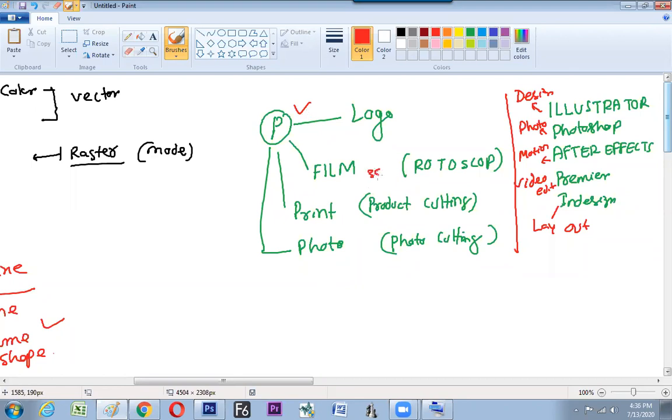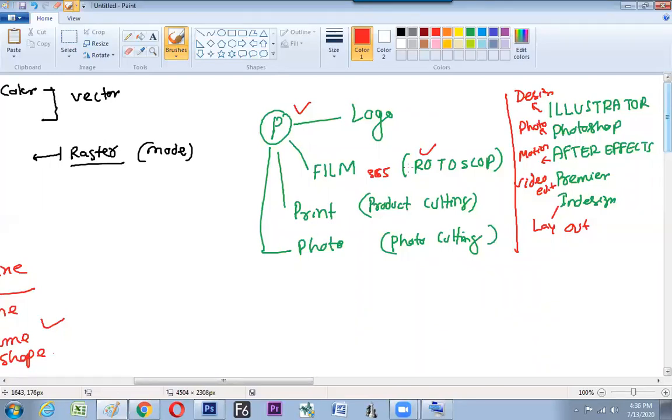There are jobs available 365 days in the film industry for rotoscope. Rotoscope is a technique where 3D movies are drawn. So you might have noticed, the time you put on glasses and watch in a theater, the subject appears to be coming towards you. That 3D movie, live action movies turn into 3D through the rotoscope.